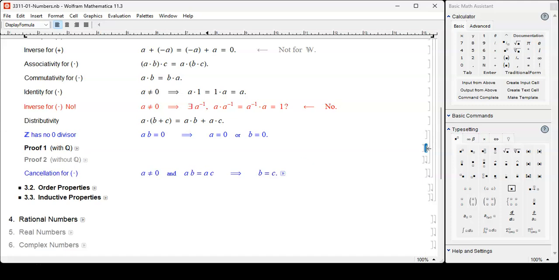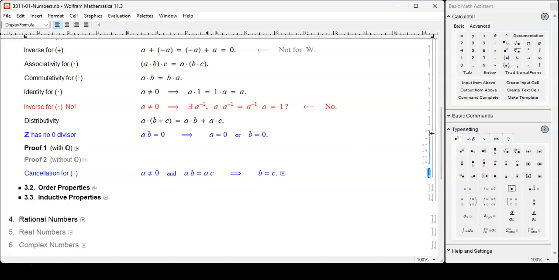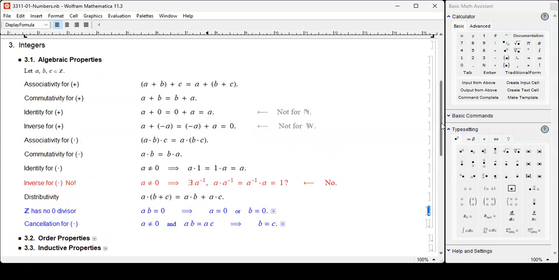Now, if you want to have a proof without Q, you can study proof 2. Also this one as well. A bit too advanced, so I'm going to skip those. Now, are they necessary? In set theoretical point of view, yes, because if you are to define everything, as a